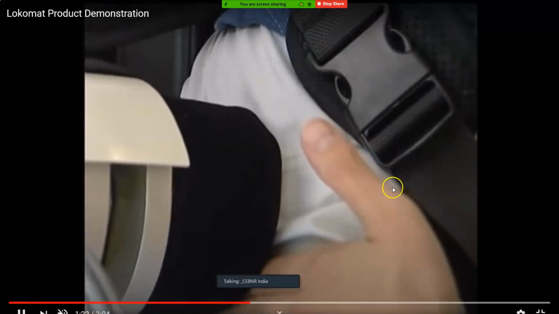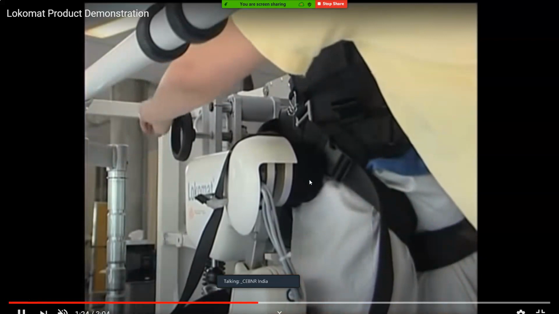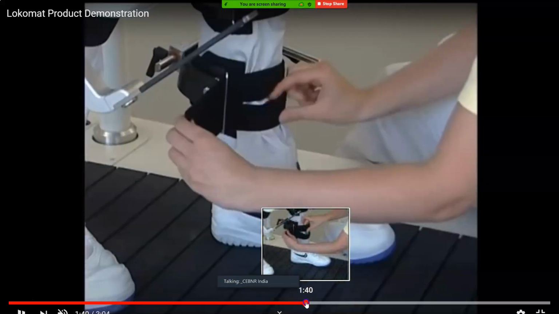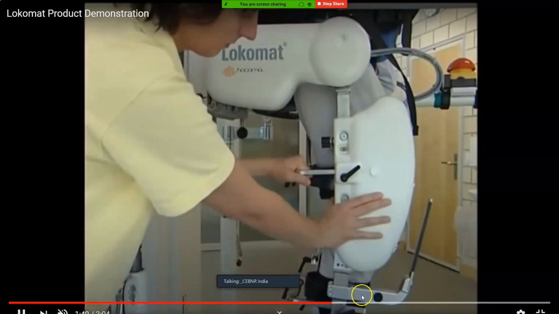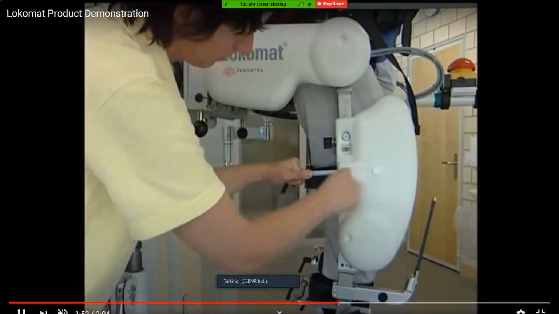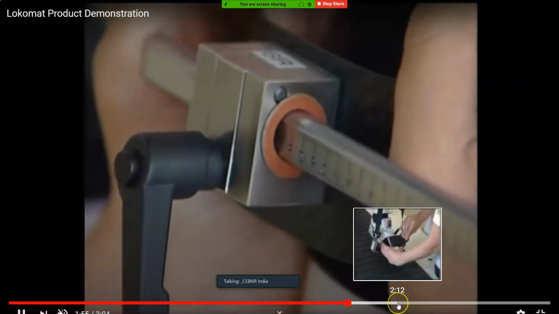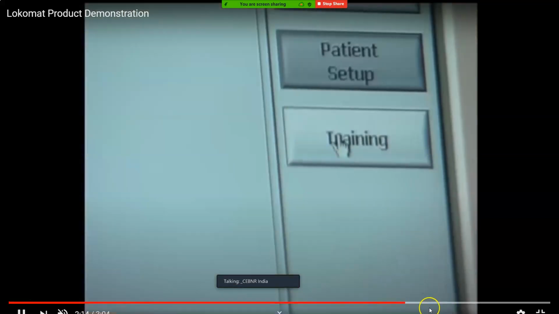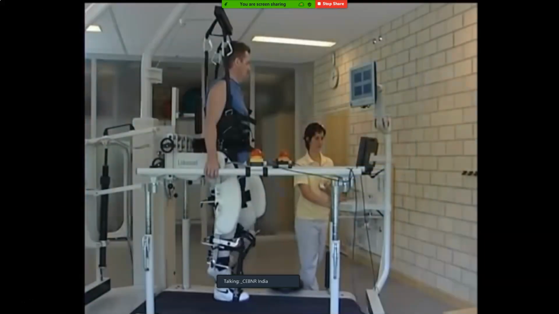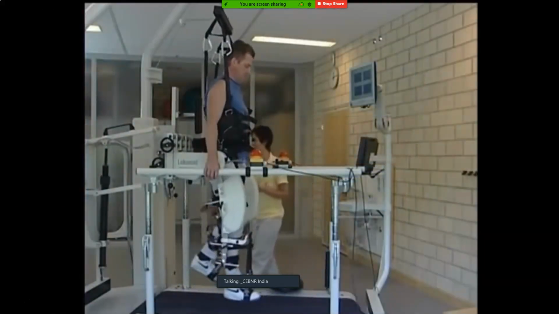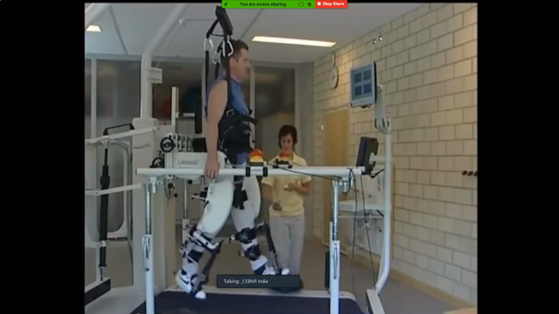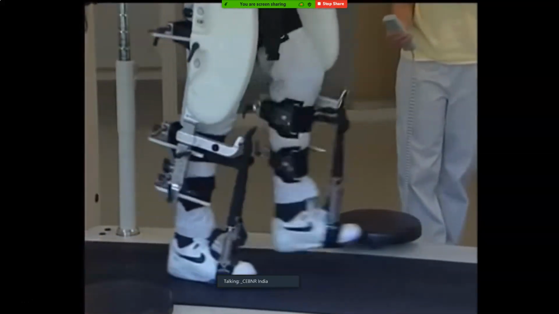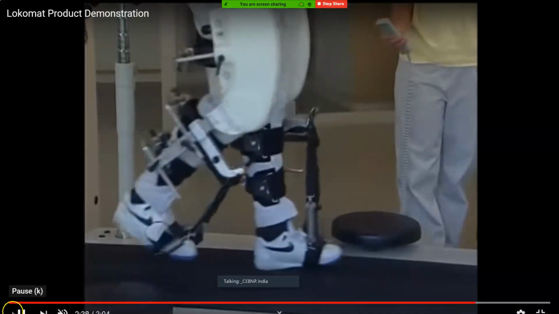You just have to unweigh the patient, and they are fixed to a supporting structure, and all over the body is attached to the apparatus basically, right? And you unweigh them, and that's your unweighing system. And then you just start walking, right? So the question I'm going to ask you is, how do we classify this treatment technique first, and what system are they trying to influence, right? So can you just